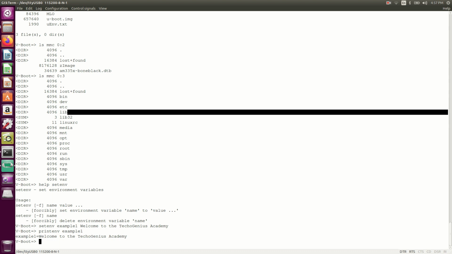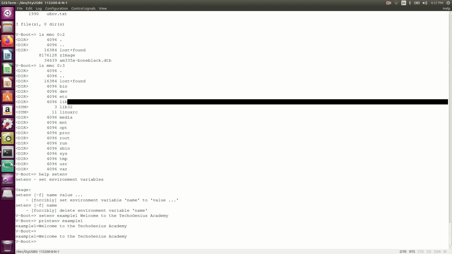What are the other commands we can do? We can use the run command also here. Suppose I have set example1 to this, and we can add to that also printenv ipaddr, echo done. Suppose I want to know the IP address, how can I know that?